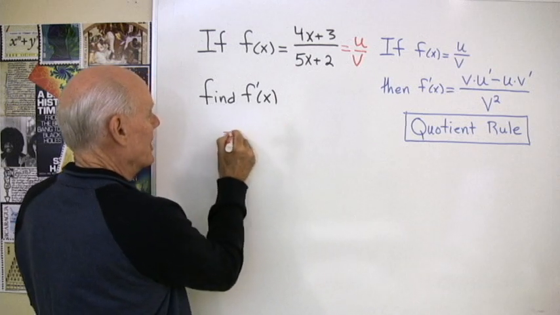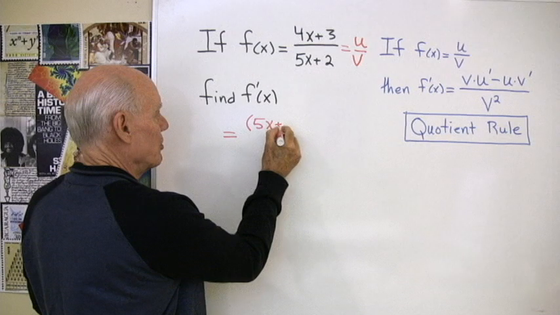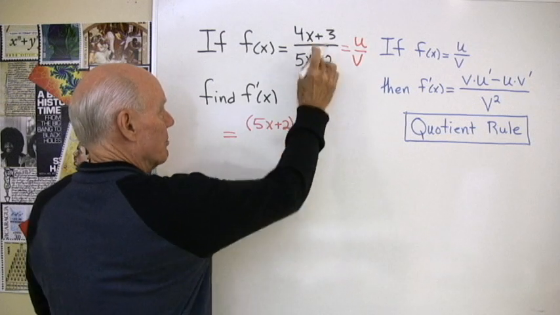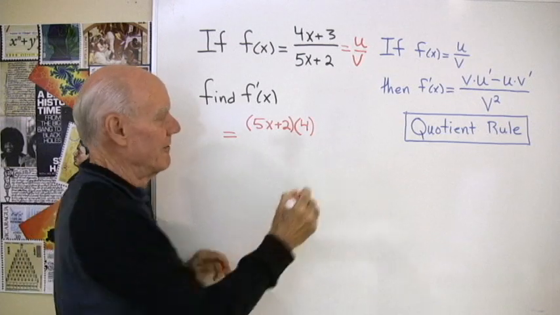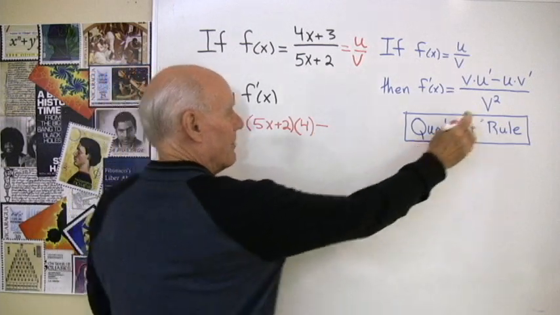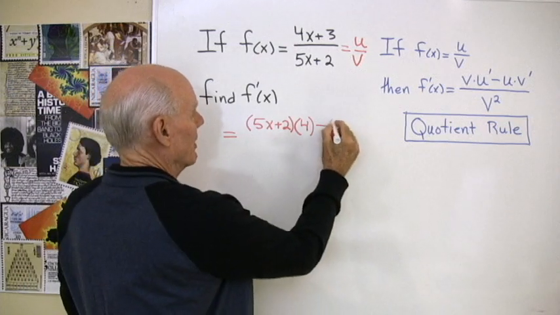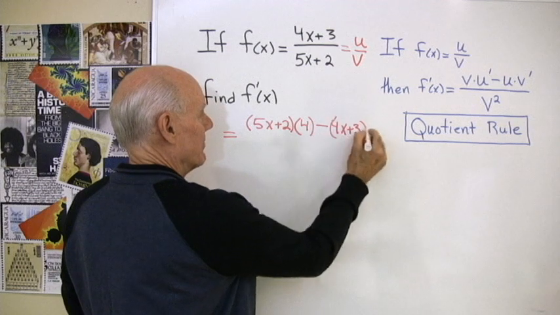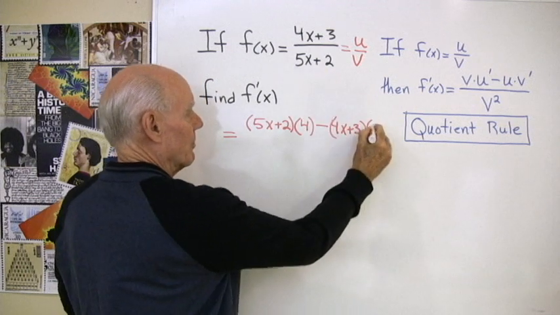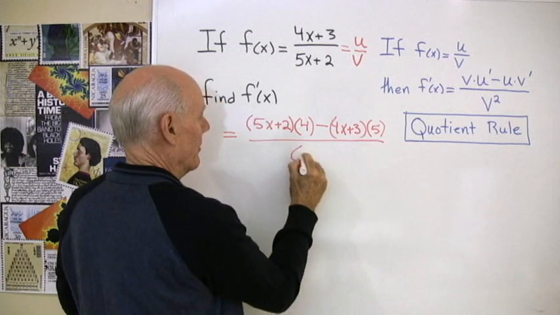So f prime of x is going to be the denominator, 5x plus 2, times the derivative of the numerator with respect to x, which is just 4. Then I have to subtract from that, because this is a subtraction sign in the formula, the numerator, 4x plus 3, times the derivative of the denominator, which is 5, all divided by the denominator